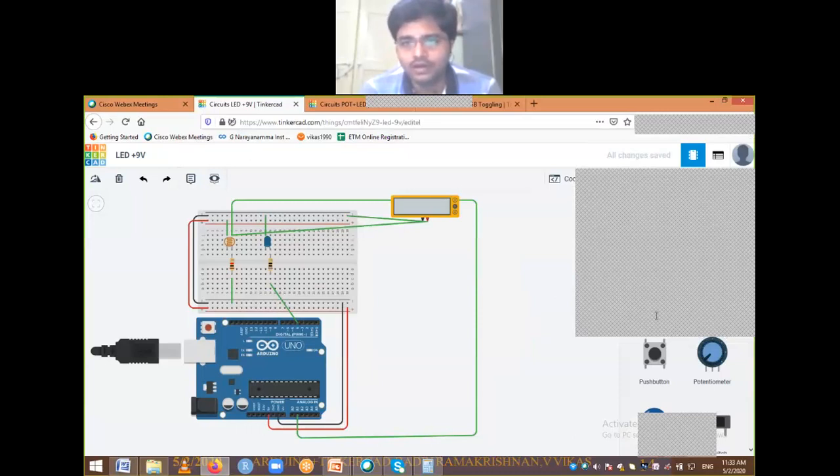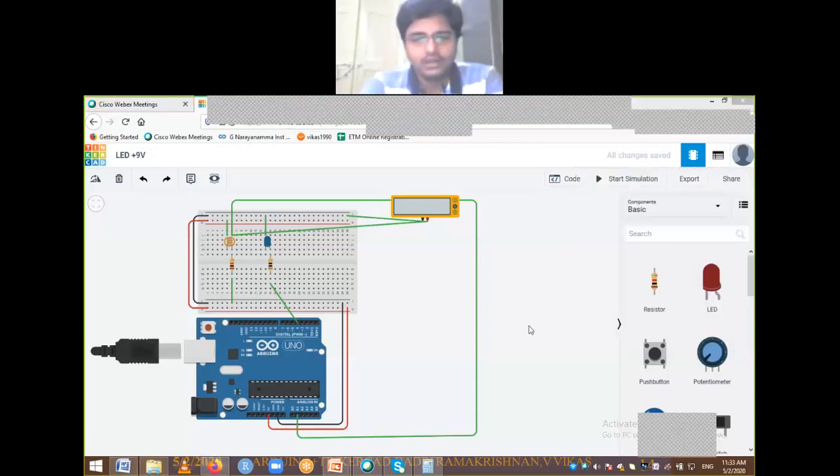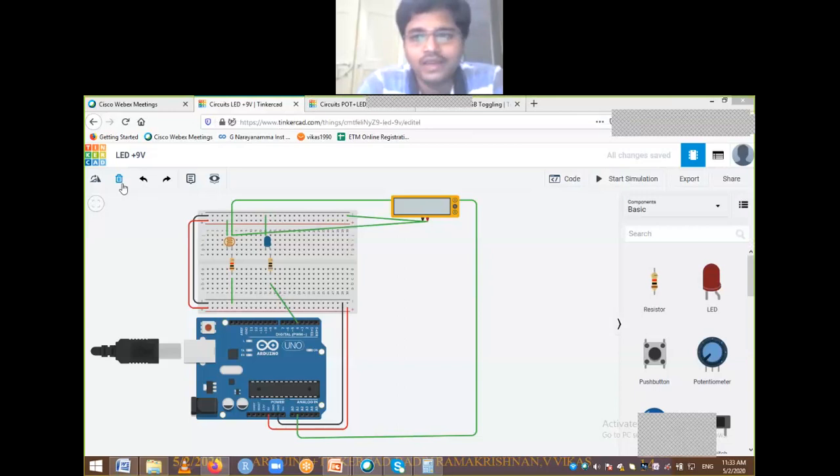Okay, I'll go to the next one, that is temperature sensor. Okay, how to connect temperature sensor to Arduino. We'll try creating a new one.